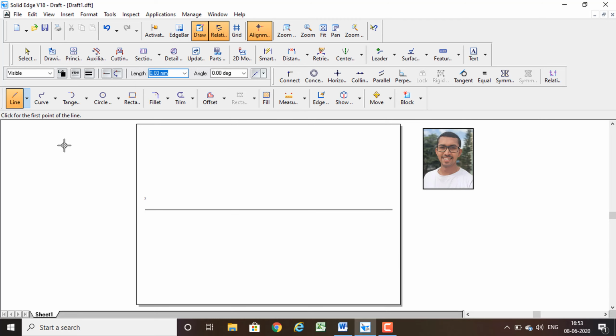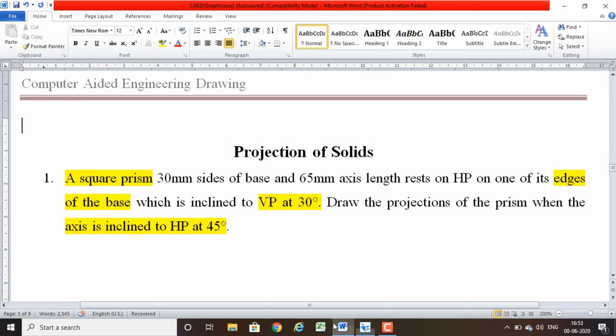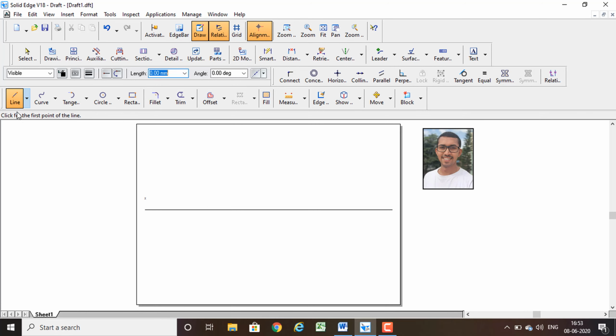After drawing this, as we know, it is resting on one of its edges, so we need to draw the square in such a way that one of its edges comes to the right side, and that must be a thickness of 0.5. So this is the starting. Here it is going to show you the click for the center point of the line. So it is the starting point, the first point of the line.